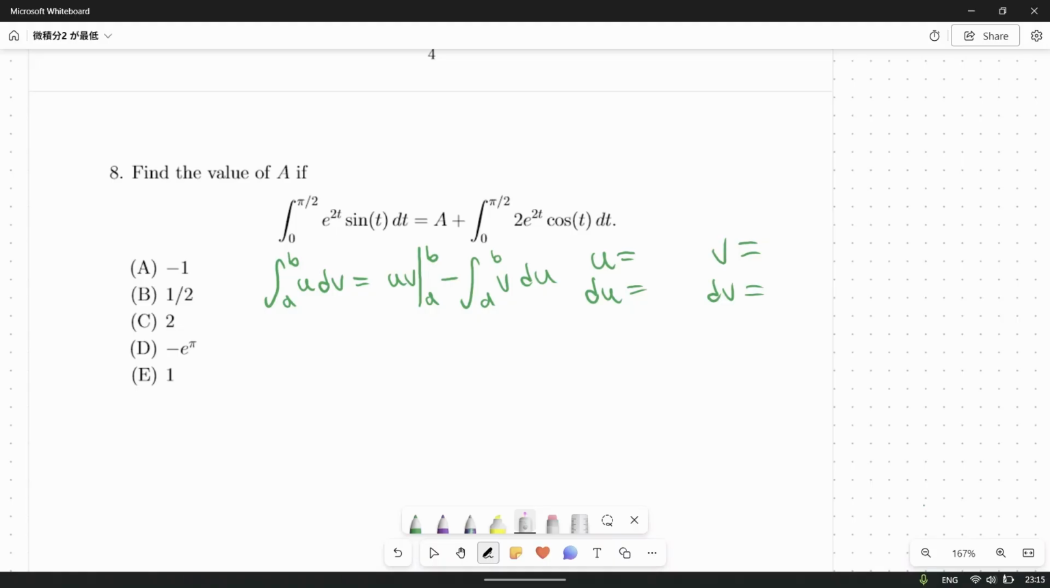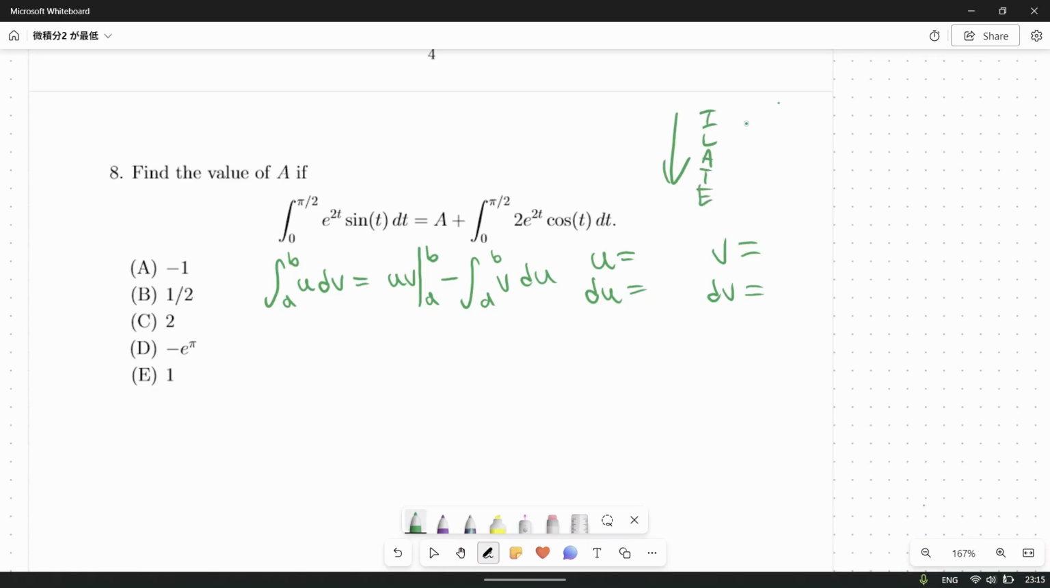Then it would be the most straightforward case to just pick the part that eventually differentiates itself to 0. But when you're dealing with a case like this, where both of these terms will never turn into 0 no matter what you do to them, you'd have to follow a different rule, that being the ILATE rule,